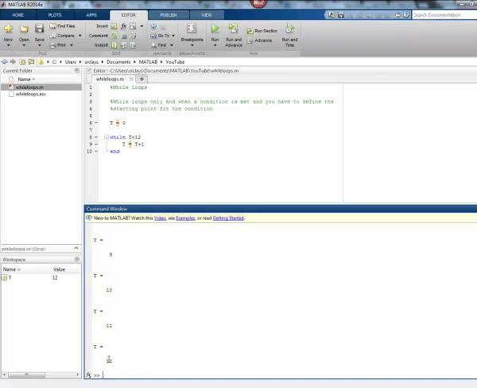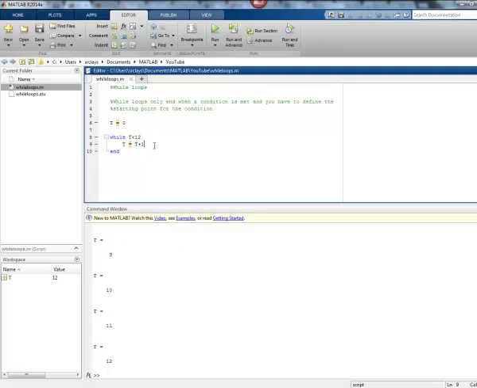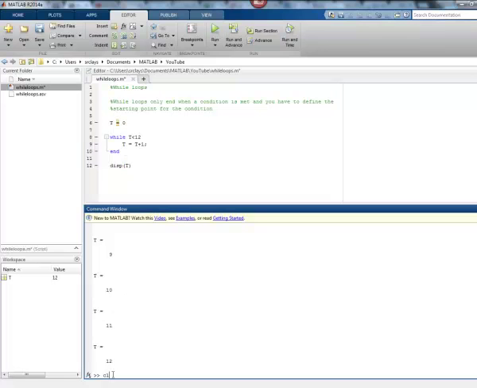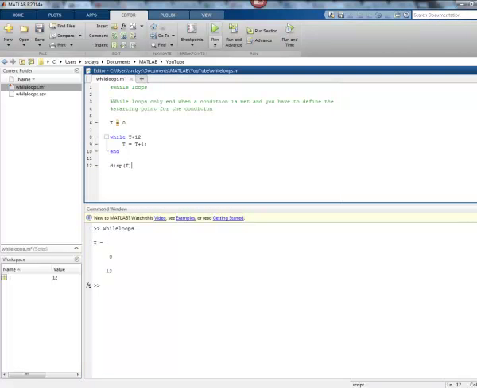If you only wanted to display the end number, you can suppress the output when it runs every single time through the loop, and then at the very end you can just display t. And now, when you run it, it just gives you the value of t. Now we can do a bigger example,